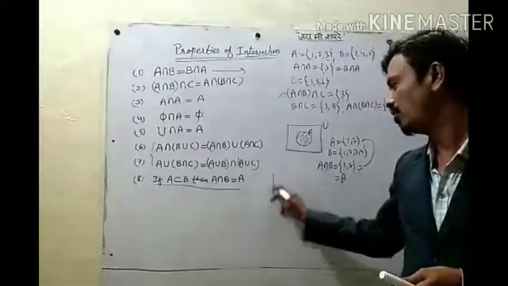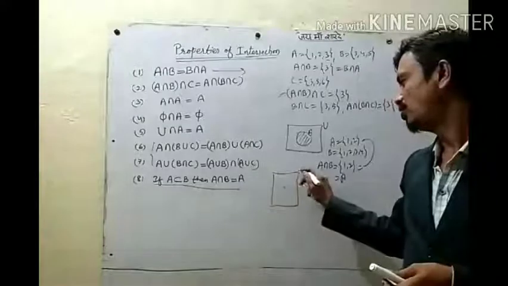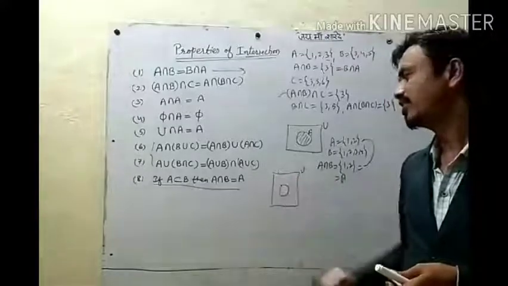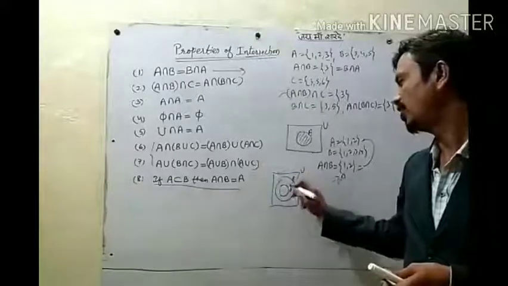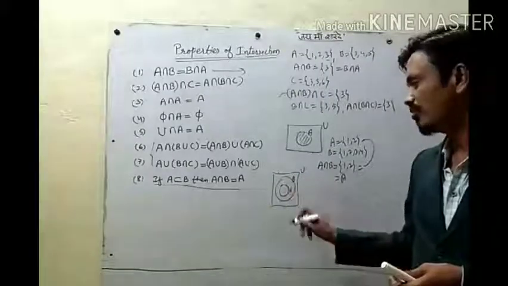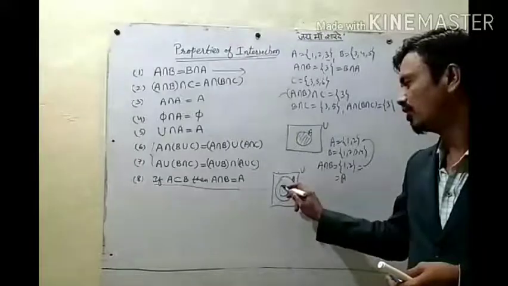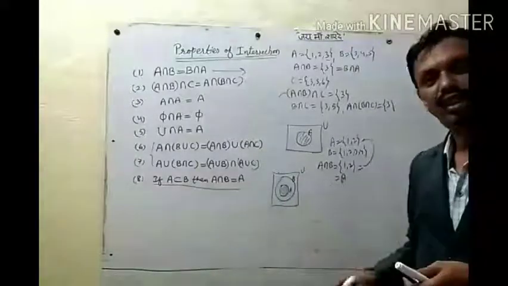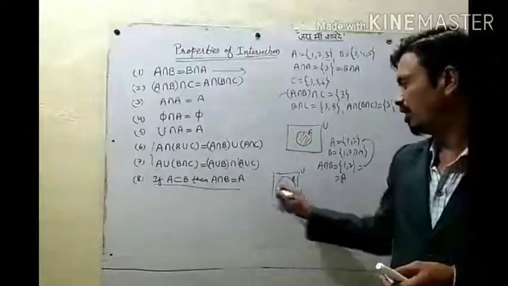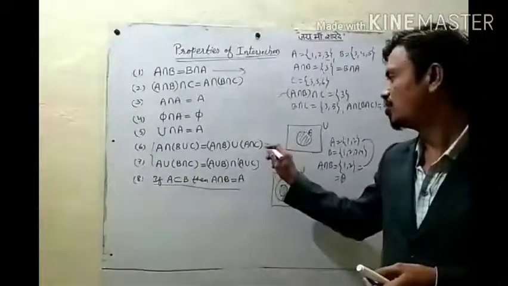This you can also see using a Venn diagram. This is U, then A is a subset of B, so it is our A set, it is the B set. Now their intersection, so the common elements of B and A, the common portion of the circles is this interior circle, so it is set A only. Okay? Then these two properties,